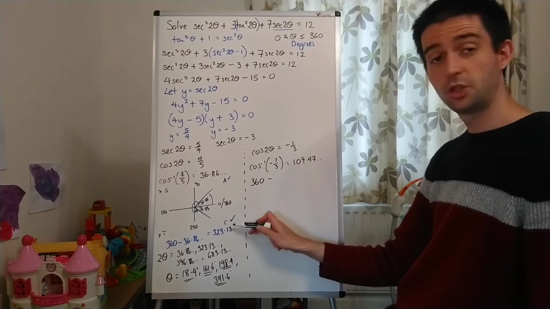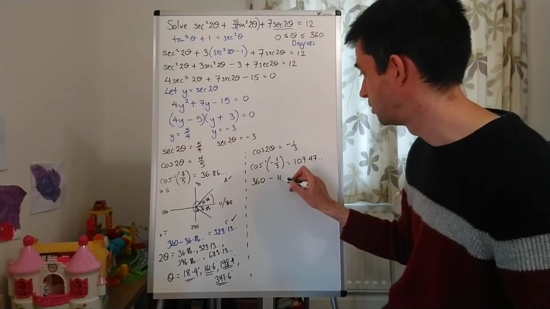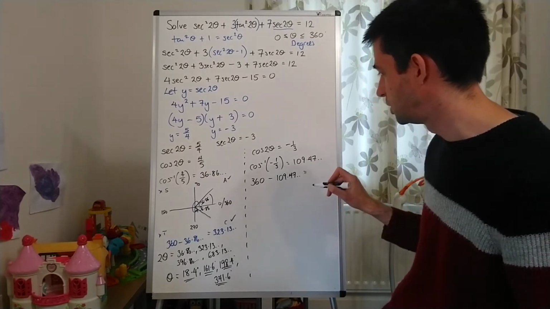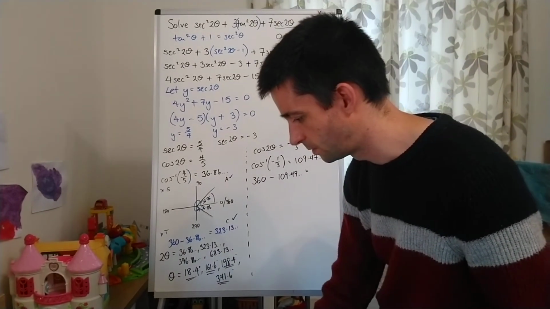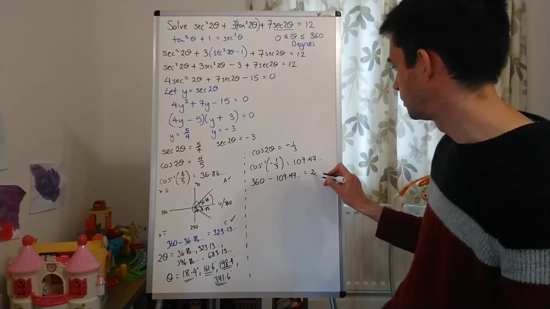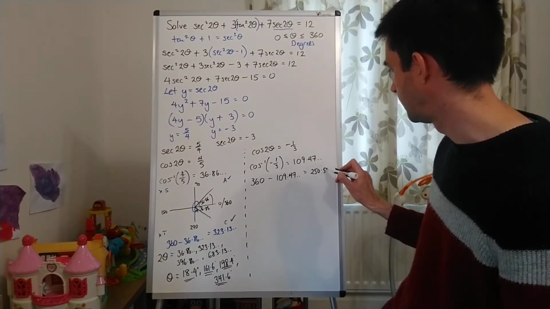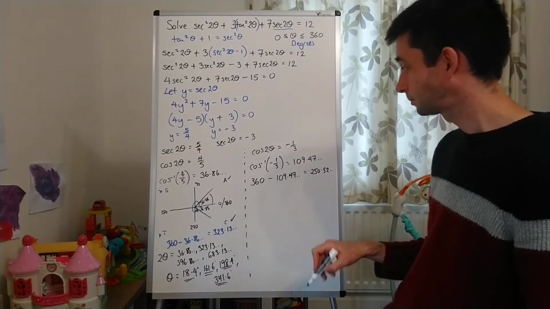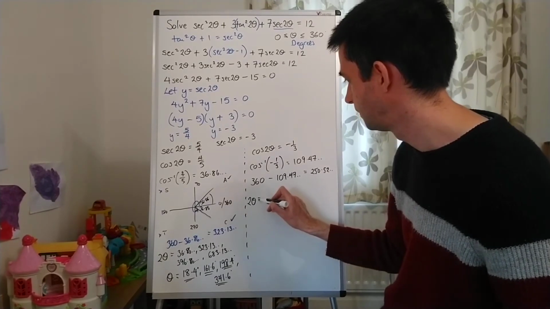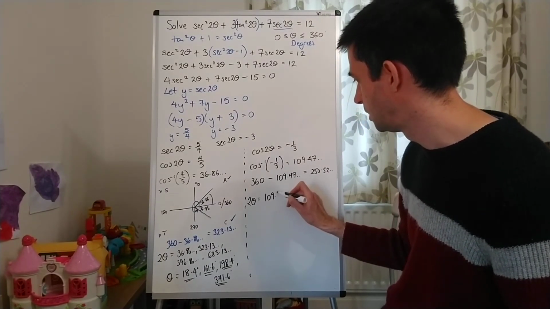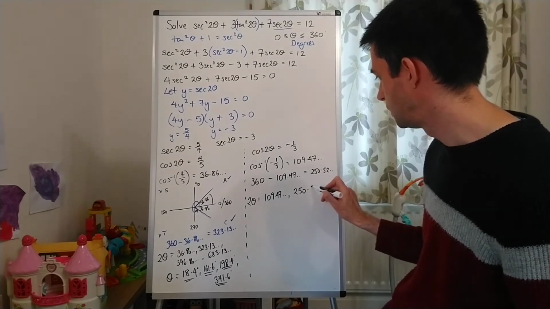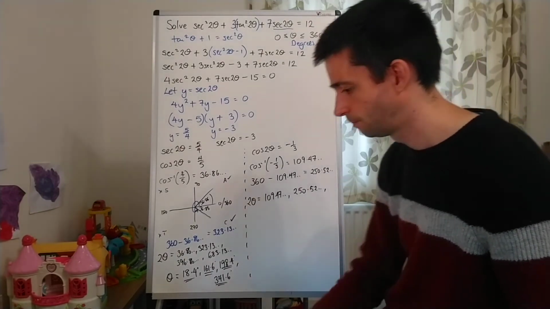Second solution for cos, just as I did here, is going to be 360 minus that principal solution, which is going to be 250.53. I'll just check that, given my track record on this question. Yeah, so 250.528. I then need to add 360 to each of those, so 2 theta is going to equal 109.47, 250.52,